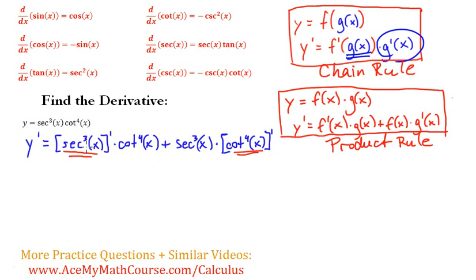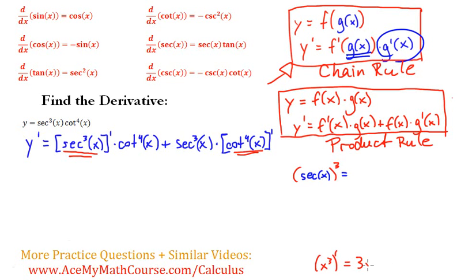So we're going to need the chain rule right here to find the derivative of both those functions that I have underlined. So what is the derivative of secant cubed of x? First, I'm going to rewrite it as just basically secant of x, cubed. And we're taking the chain rule, so we need to take the derivative of the outside function, which in this case is just the function cubed, right? And the derivative of x cubed